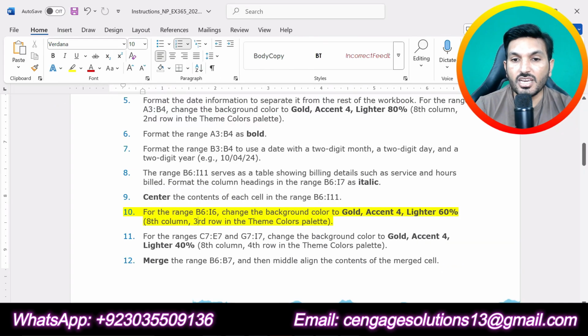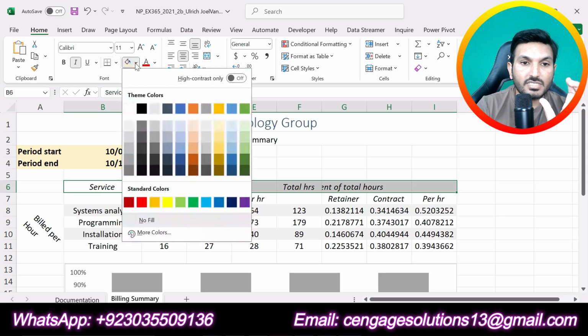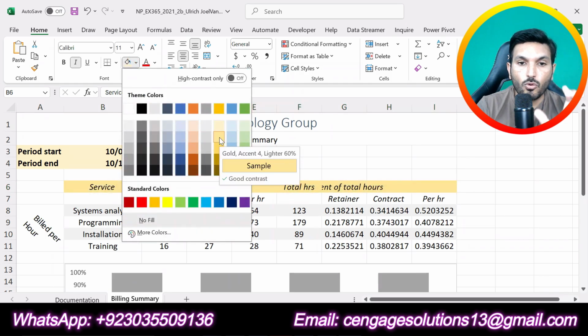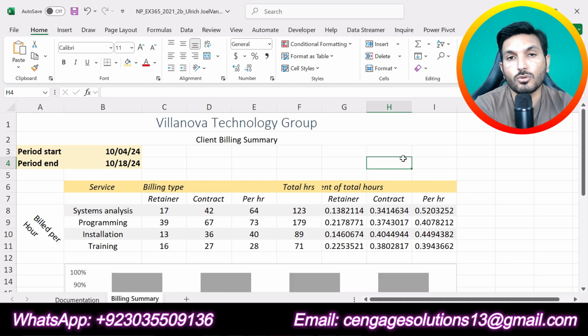Now it is saying change the background color to gold accent 4 lighter 60%. So after selecting the range, just go to the home tab, go to the font section and change the background color to gold accent 4 lighter 60%. So we have changed the background color to gold accent 4 lighter 60%. That means we are done with 10 steps of this assignment.